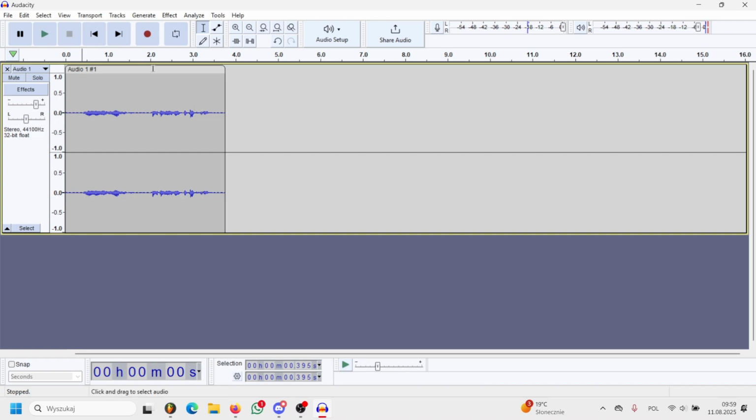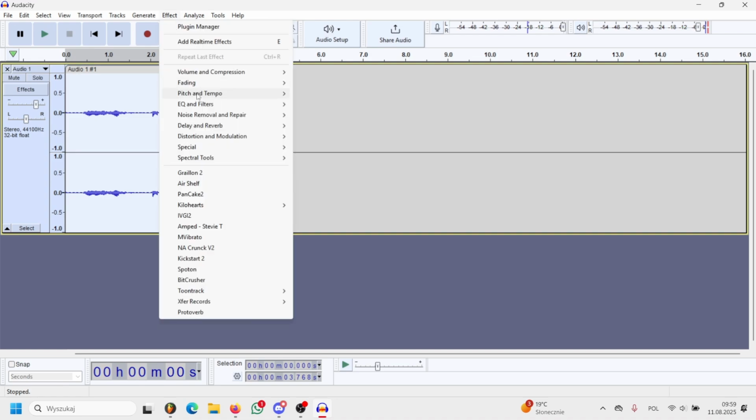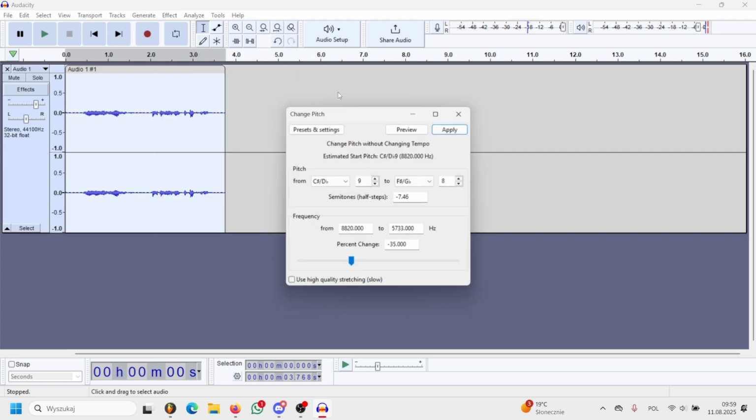So once you got your audio, do Control A, go to Effect, Pitch and Tempo, and change pitch. Now over here, you're going to have to turn off high quality stretching if you have that on. If you have that off, just keep it off. And the percent change should be -35 over here,